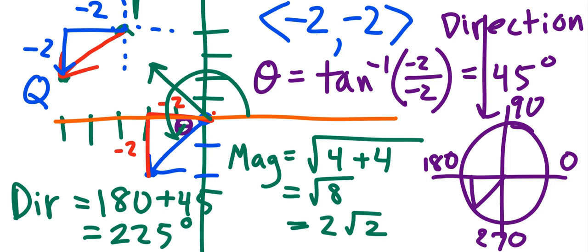And some of you are going to get frustrated in homework because you're going to say, well, I thought we were supposed to take the reference angle and add to 180 every time. That's only if you're actually in quadrant 3. If you're in quadrant 2, as Mr. Beaujolais just suggested, you would subtract that from 180.